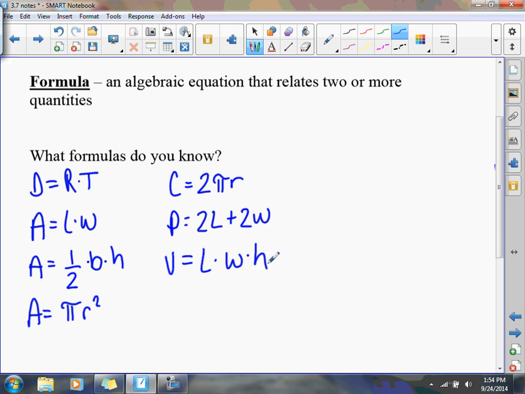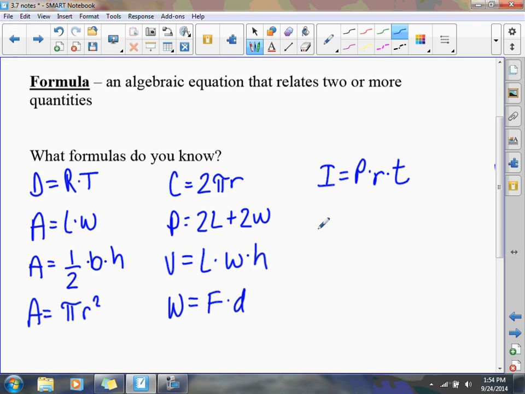And there's a lot of science formulas that get used in work, or in math a lot, like the work formula. Work equals force times distance. There's interest. Interest equals your principal times your rate times your time. Okay. So there's lots of different formulas, and you might know more than these, but these are just some examples